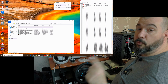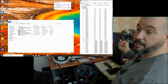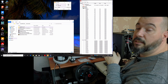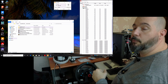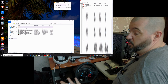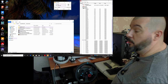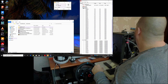So apparently I'm running into the limit of the amount of heat that the CPU can get into the liquid system. So now I think I'm going to break out a quick Resolve test and see if, when I render a 4K video, it's going to run more like the SSE test and just get in the 80s, which is doable, or is it going to be like the AVX test and jump up into the hundreds, which is no bueno. So that's what I'm going to get into in a minute, because I have Christmas presents,